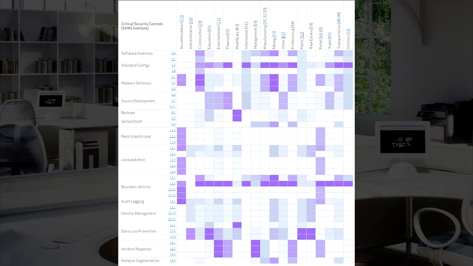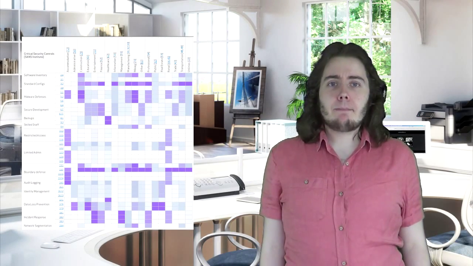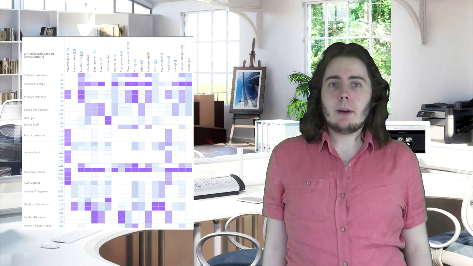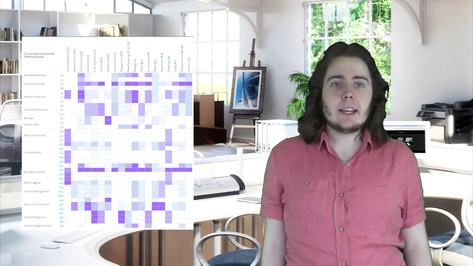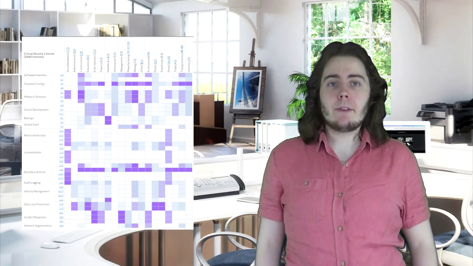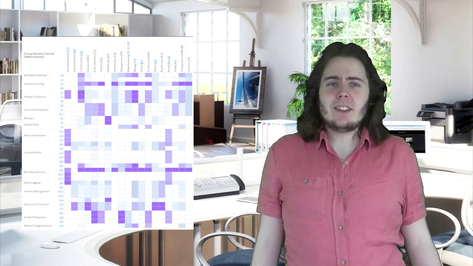In reality, this is not a good graphic. It is too complex, and it's difficult to work out what it's trying to tell us. It appears that boundary defense, just below halfway down, is perhaps the most implicated security failing in data breaches across the widest number of industries. But that's not going to surprise anyone, and it adds nothing to our knowledge. Nevertheless, the principle of the graphical matrix is clear, and that principle is good.